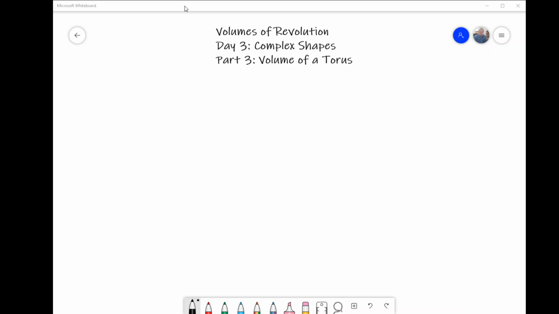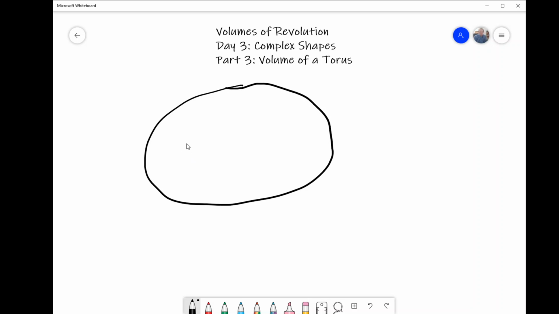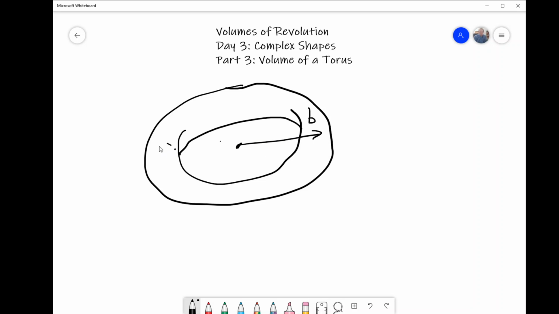So now we're going to continue our look at hollow and complex shapes with a shape that's actually not necessarily hollow. It is a torus. So what is a torus? That's the mathematical term for a donut. So if you have a donut where you've got a large radius of b, and you have an inner radius of a,